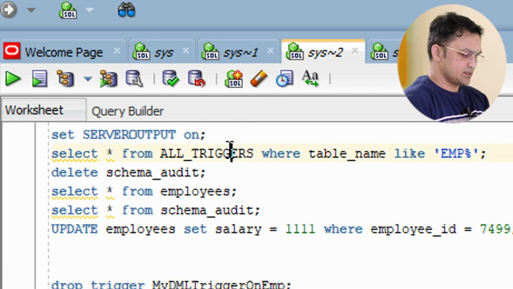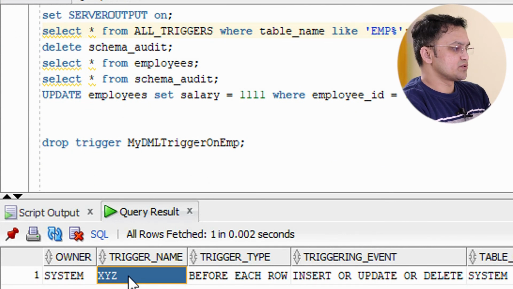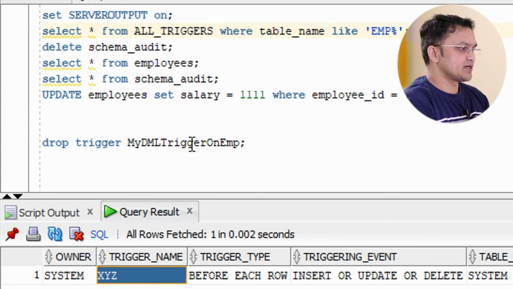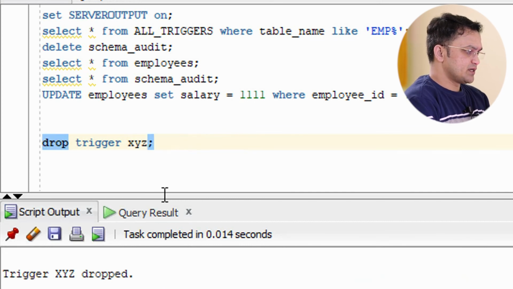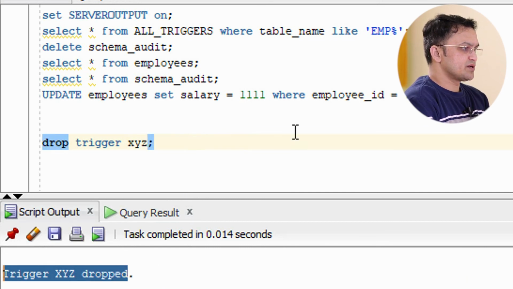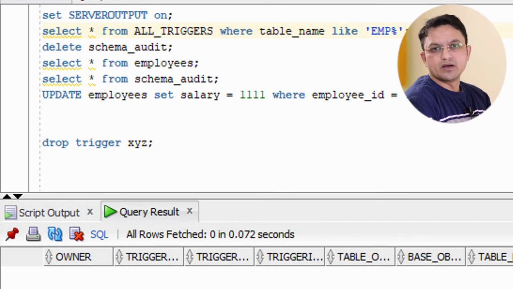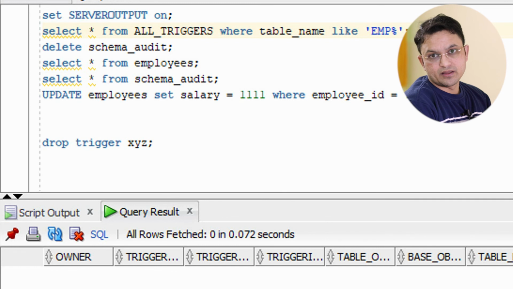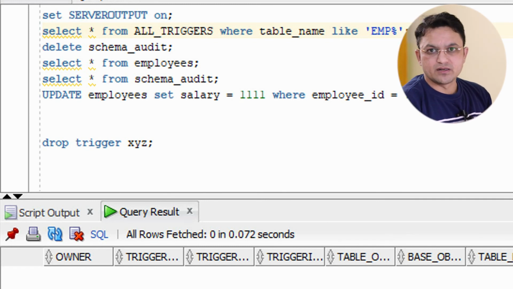You can see I have created the XYZ trigger meanwhile, so that is why only the XYZ trigger is mentioned. If I drop the XYZ trigger, then it got dropped, and now there will be no XYZ trigger available in my table. So this is all about the DML trigger.